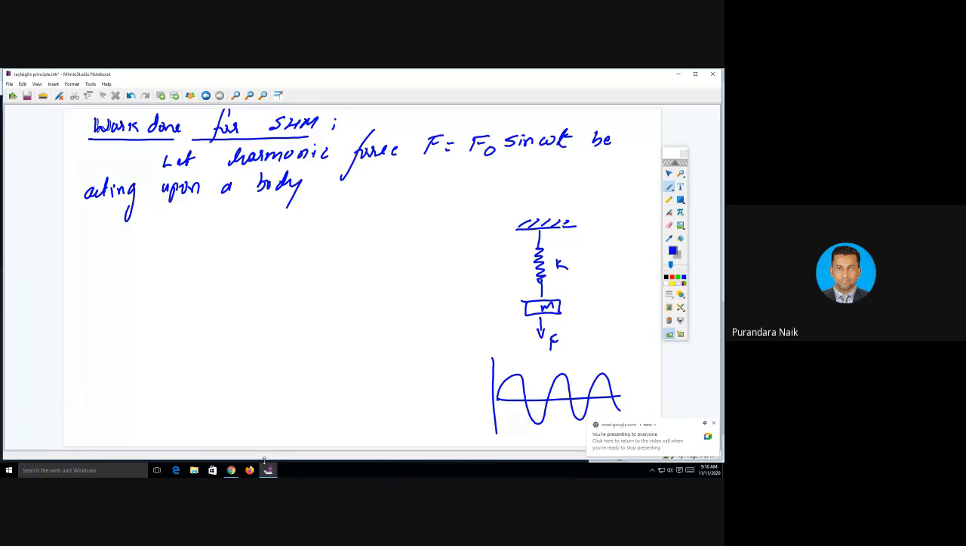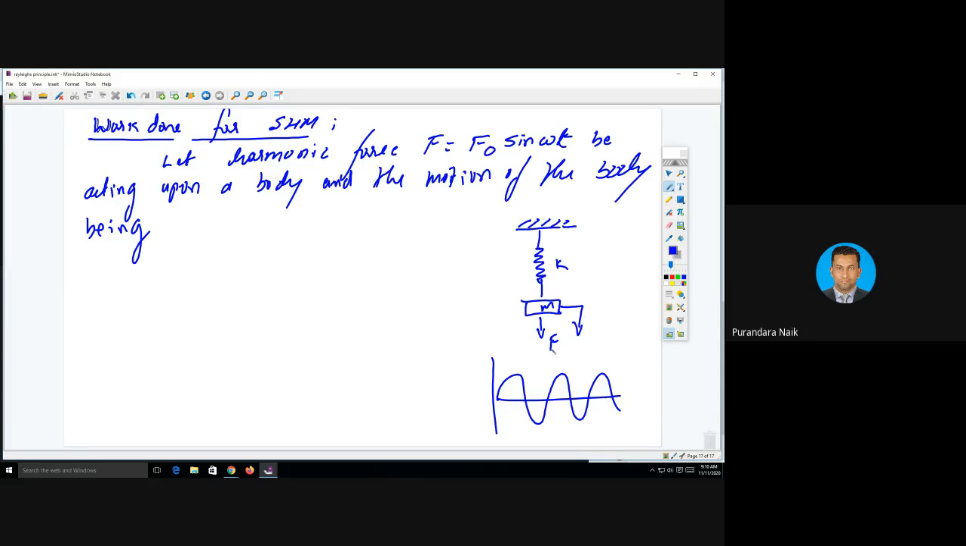omega t be acting upon a body. Which body? That is mass m, and the motion of the body being... motion of the body being. So if you apply the force F equal to F naught sine omega t,